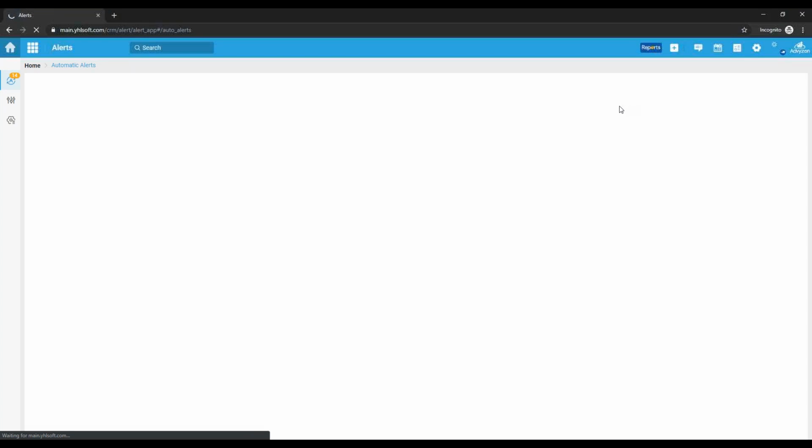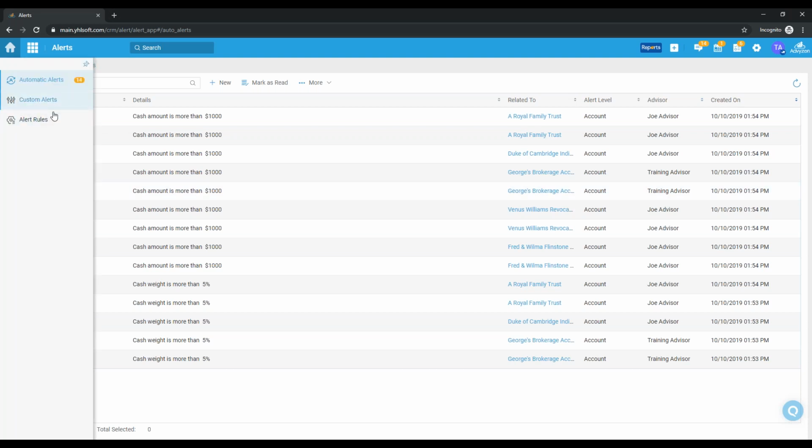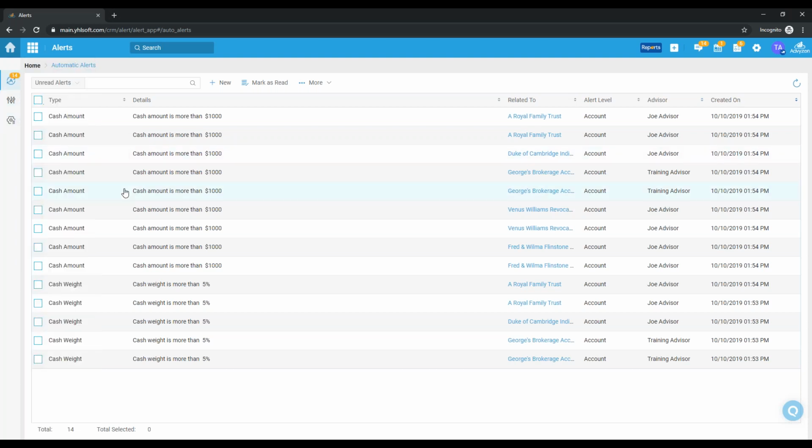Next to that, we have notifications, which if we click on there, will take us to any current notifications that we have in the system. You might also notice that there's a number next to it. If you click on that, you can mark these as read or delete your various alerts, and then that number will be reduced, so that way you can keep on the fly how many alerts that you have that are